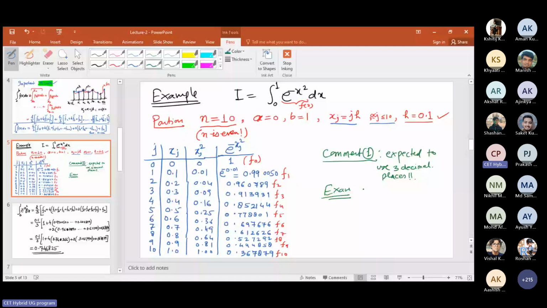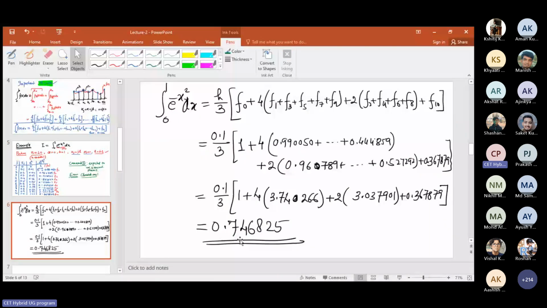Okay, closest one. Suppose the answer in this case is 746825, and this is one of the options, whereas your answer comes as, let us say, 746 something. Then the 746 will be the correct answer if it is an optional question. Even if you don't match exactly, whatever is the closest number should be considered as the correct answer. Okay, so the closest one should be the correct answer, but closest does not mean that